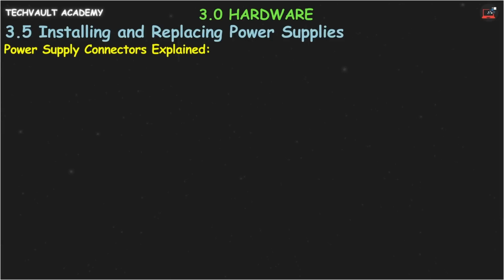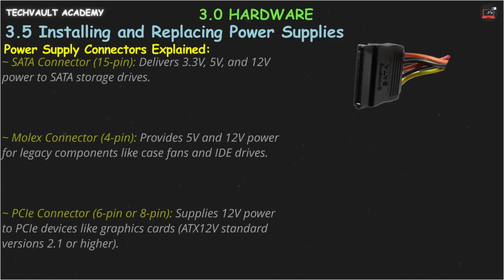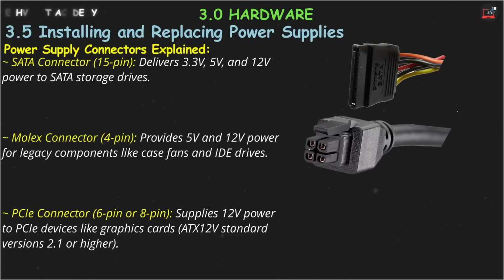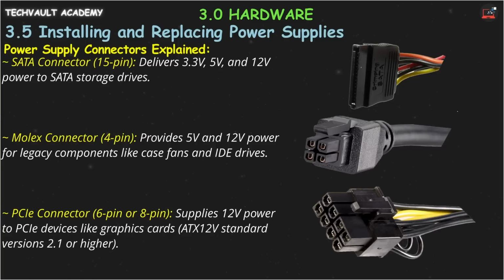Power supply connectors explained. SATA connector, 15-pin, delivers 3.3 volts, 5 volts, and 12 volts power to SATA storage drives. Molex connector, 4-pin, provides 5 volts and 12 volts power for legacy components like case fans and IDE drives. PCIe connector, 6-pin or 8-pin, supplies 12 volts power to PCIe devices like graphics cards, ATX12V standard versions 2.1 or